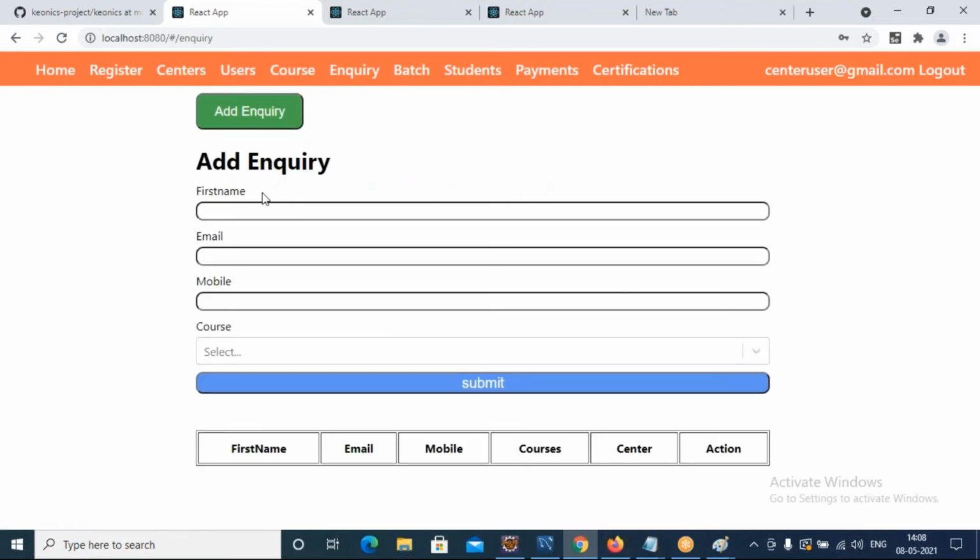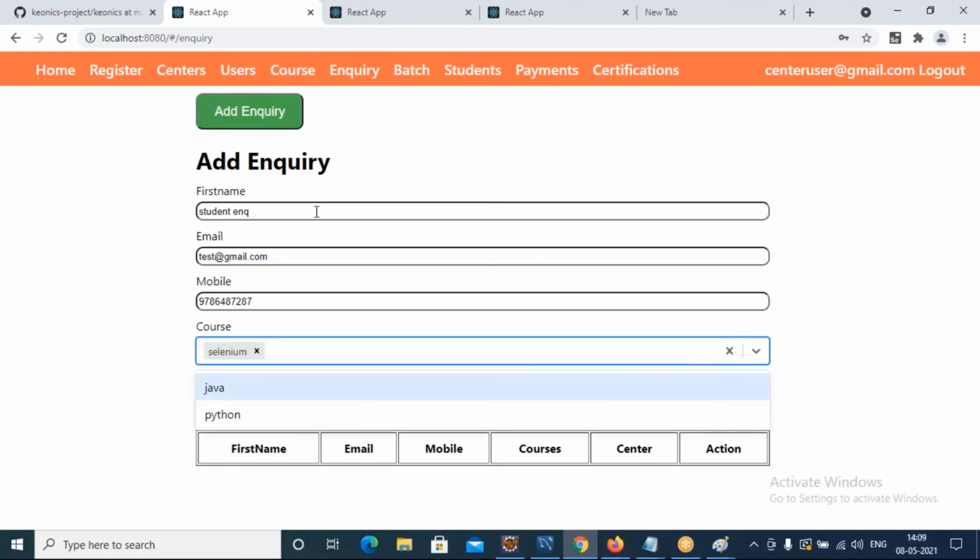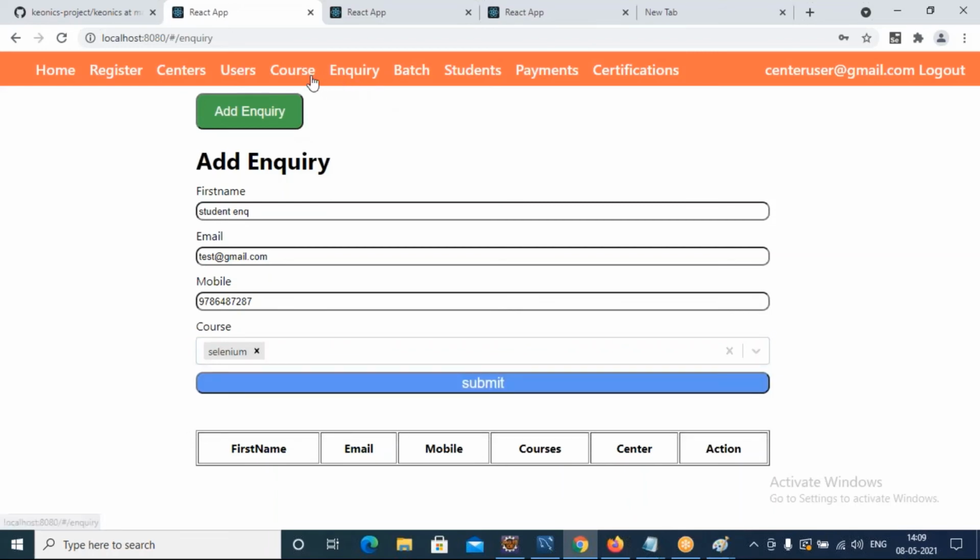You go back to inquiry. Same student ENQ. I want to use inquiry name and, sorry, this mobile number I need to put here. Mobile number I gave. And here you can request for. So, one minute.